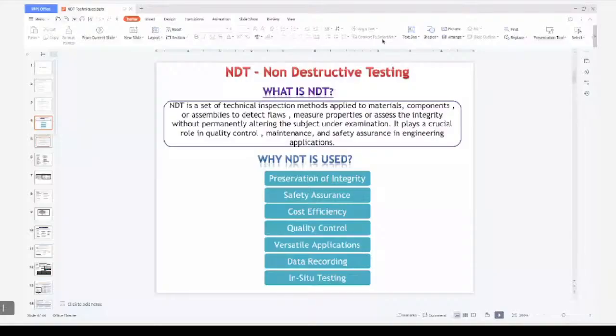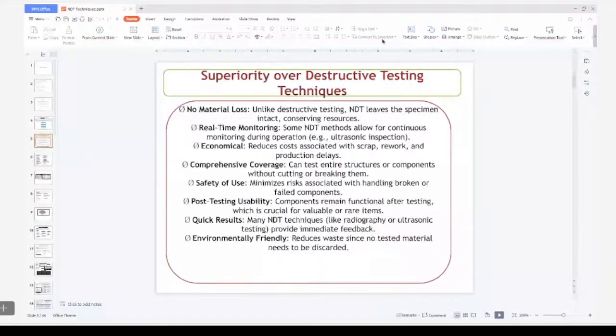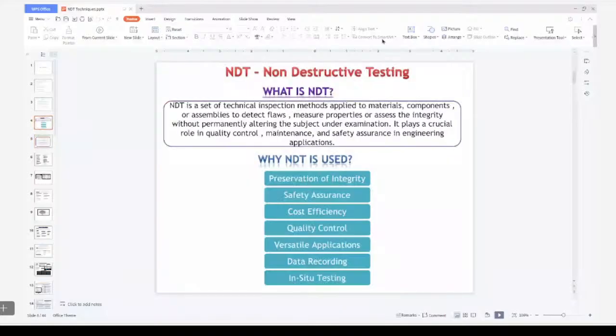So some quick points on the fifth slide, that is the superiority over destructive testing like tensile or fatigue or any kind of common testing. Here I don't disturb the part, so there is no material loss. I can monitor in real time. Cost wise it is much cheaper. Most importantly, the entire part is completely inspected and there is no risk in doing NDT,